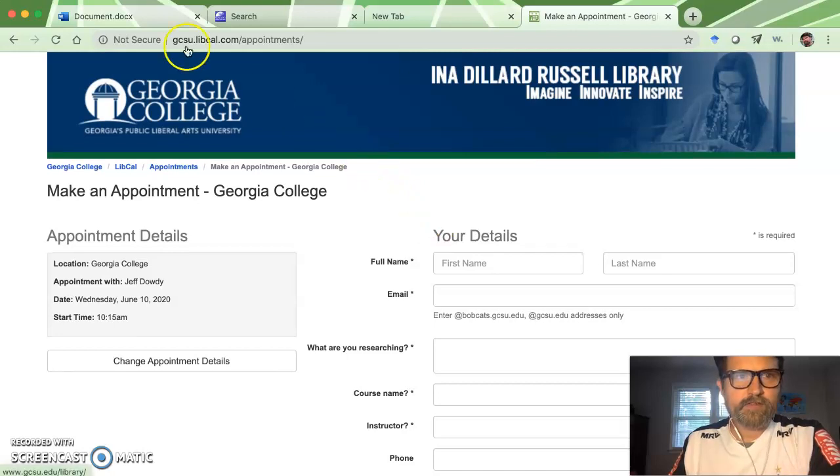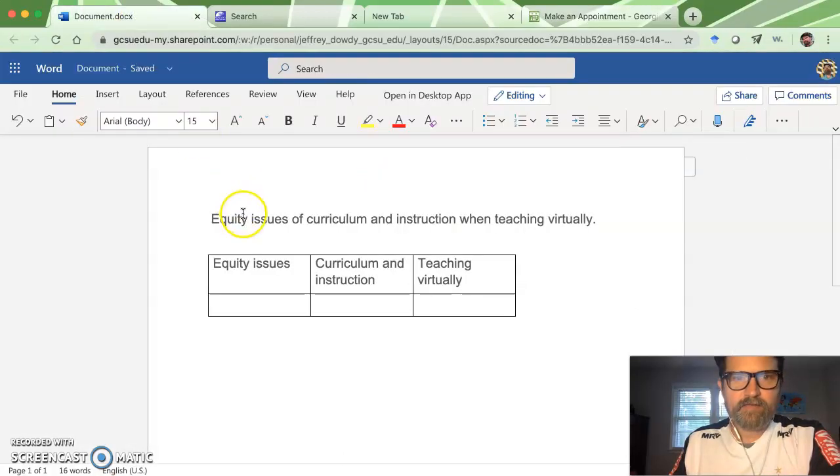All right. So today I'm going to be looking at this research question: equity issues of curriculum instruction when teaching virtually. It's something that is pretty current with everyone having just come off of working online. Some of you, your program is fully online, so pretty relevant topic. Now, what we're going to be looking at is